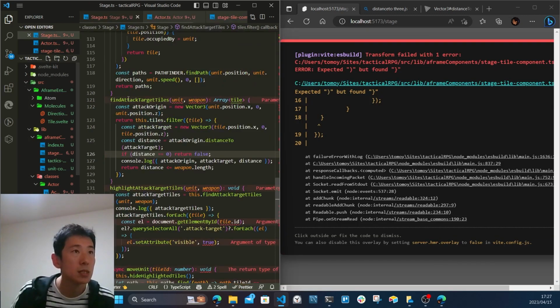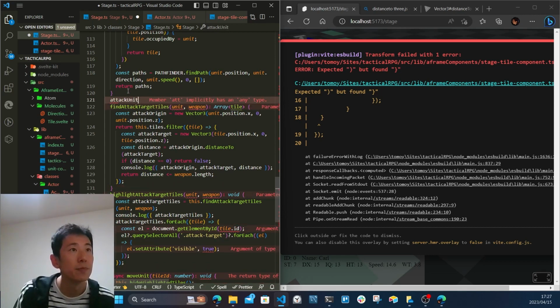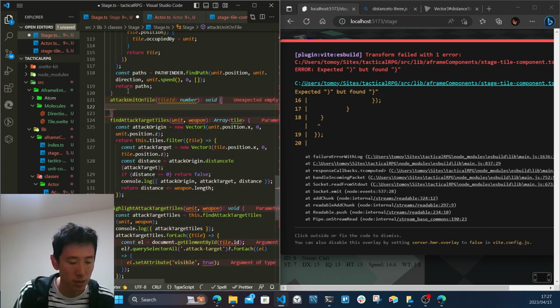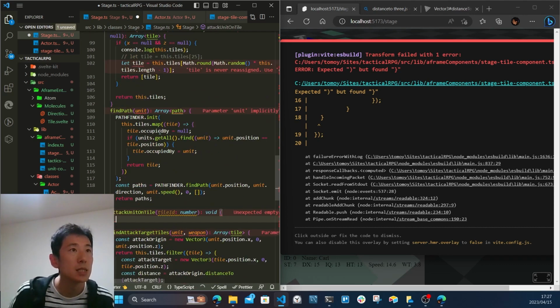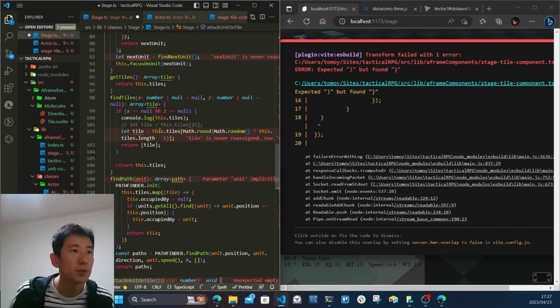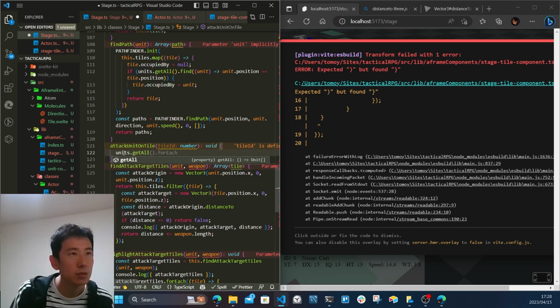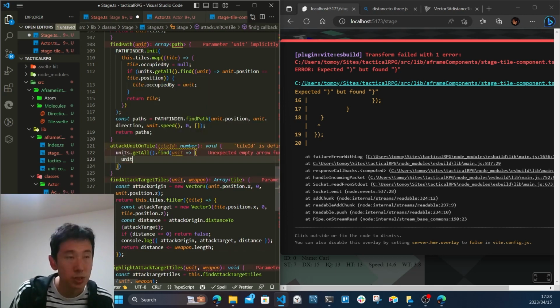Okay, so stage attack unit on tile. Tile ID, that's a number, void. Okay, so this, what is it? Units in stage or something? Well, it's alright. Units get all. Should I just do that? Find unit, unit position equal